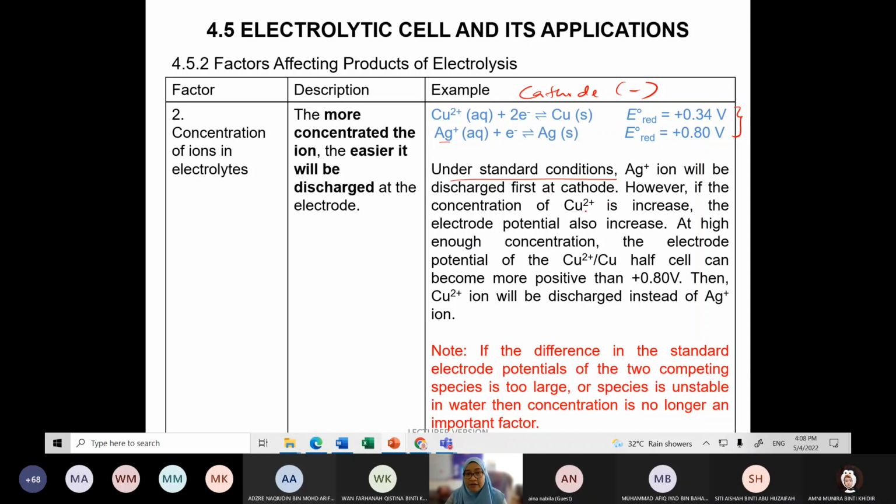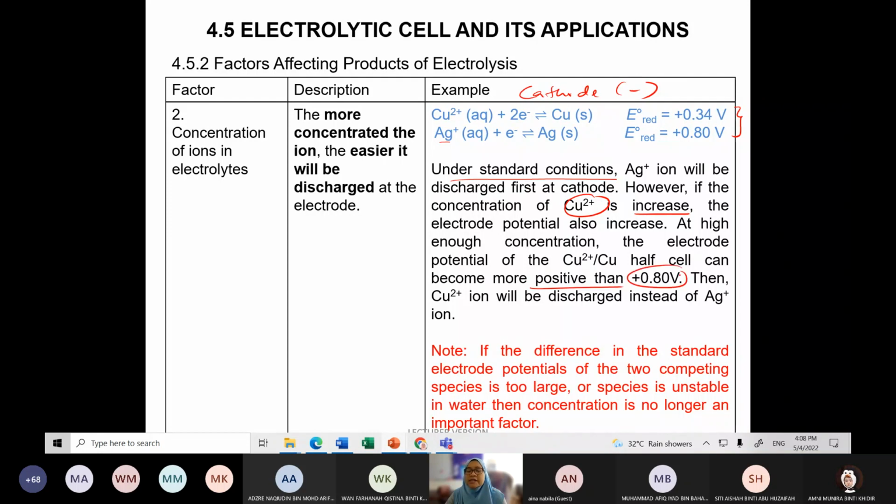But however, if the concentration of copper 2 plus is increased, katakanlah we change the concentration, so copper 2 plus is higher than Ag plus. Okay, and this causes the electrode potential also to increase. The potential of the copper 2 plus also increases. So at high enough concentration, the electrode potential of the copper 2 plus copper half cell can become more positive